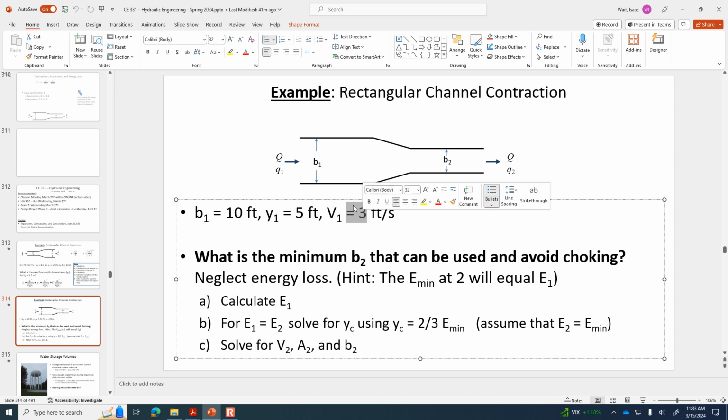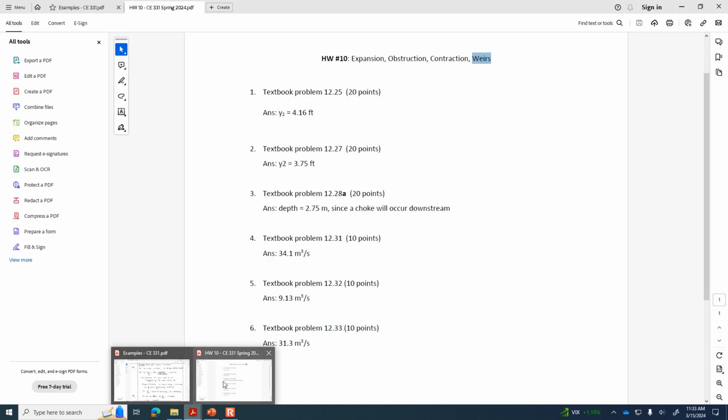So that gives us the area downstream, 14.28 square feet. And then the depth, we decided, is the critical depth,